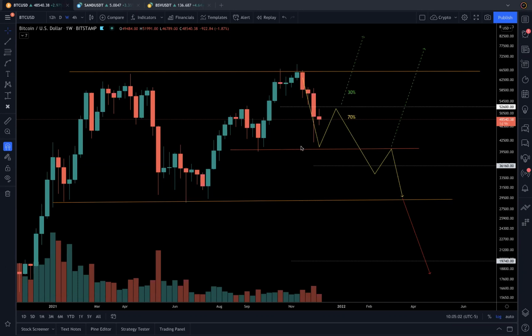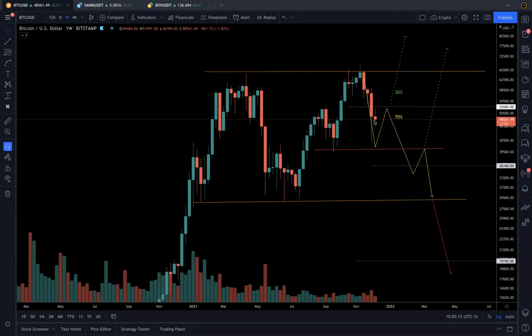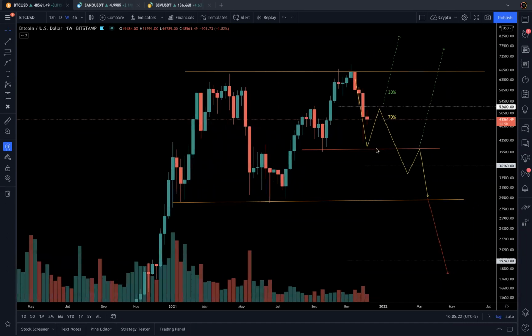Okay, so this chart is so simple. This is an upper range, right? And this is a low range. You see rejection, you see rejection. The current level is a little on the higher side. This low was at a mid level. If this low is broken and it comes down to this region, then you can imagine the downside pressure will go up. Still, this is a potential point of bounce, and it could bounce from this support also.